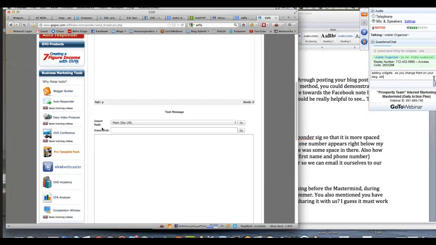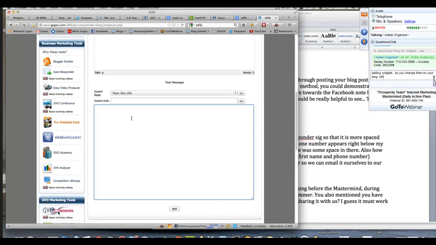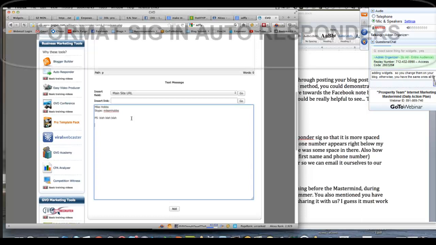But in the plain text, you can say, you know, Mike Hobbs. You can skip a line and do Skype, or you can put Skype right underneath it. And then you can skip a line, PS, blah, blah, blah, and whatever.